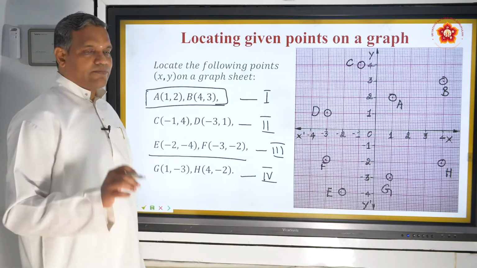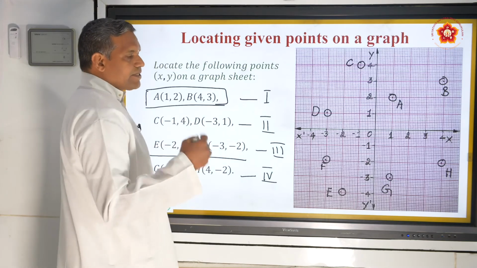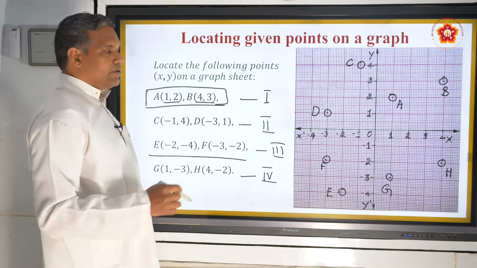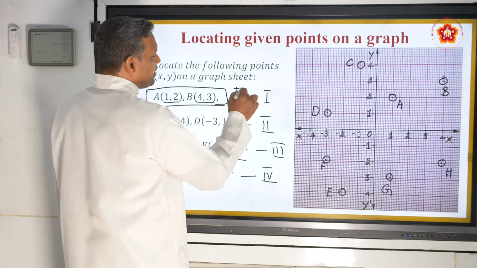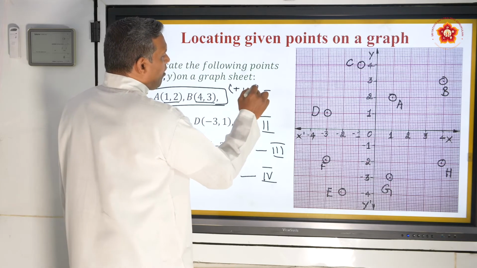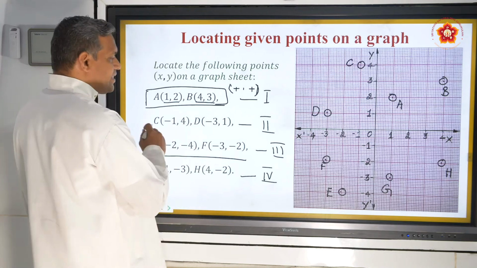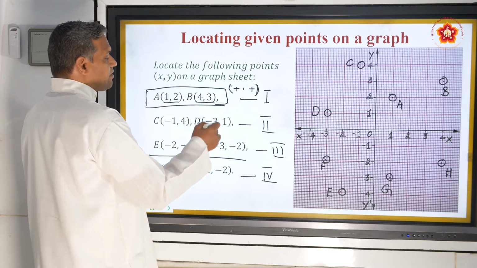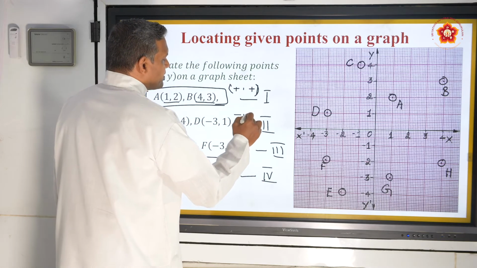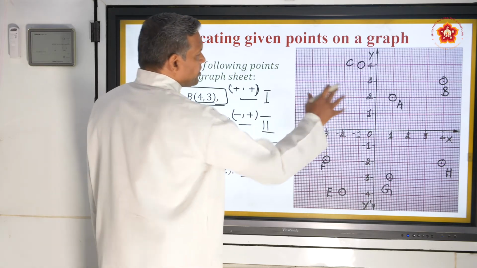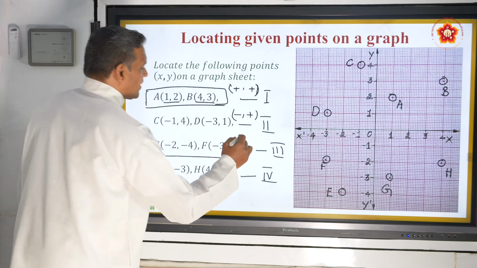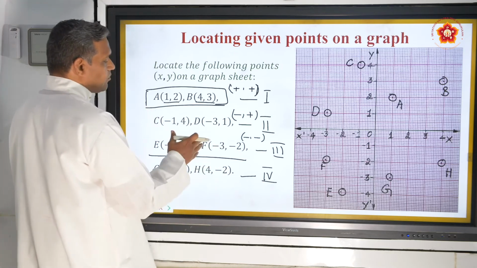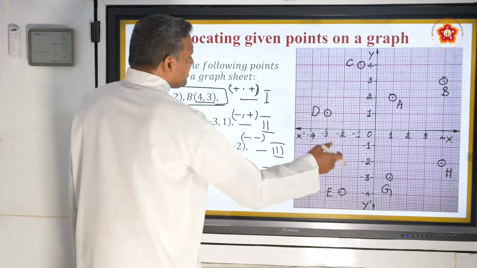One more important thing you have to observe here: whenever you represent any point in the first quadrant, the X and Y coordinates are always positive, positive. So remember the pattern of numbers: plus comma plus, positive number comma positive number, always falls in the first quadrant. And see the pattern of the second quadrant numbers: the X coordinate is always negative, minus 1, minus 3, and the second number is always positive. The moment you get minus comma plus, this pattern takes you to the second quadrant. Third quadrant is what? Very good, minus comma minus. Both the numbers will always be minus. The moment you see both numbers with a negative sign, it always falls in the third quadrant.